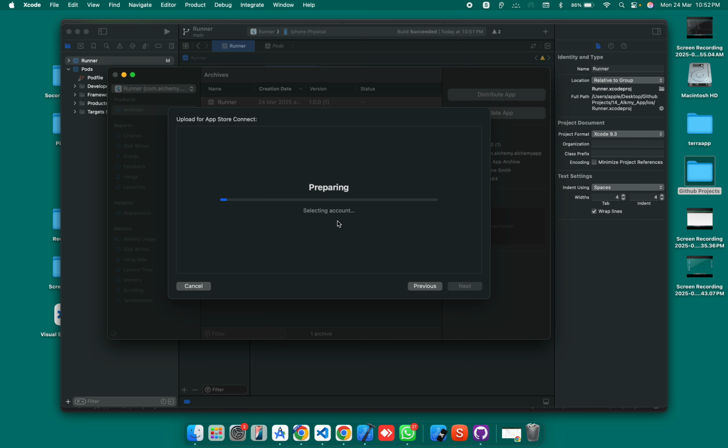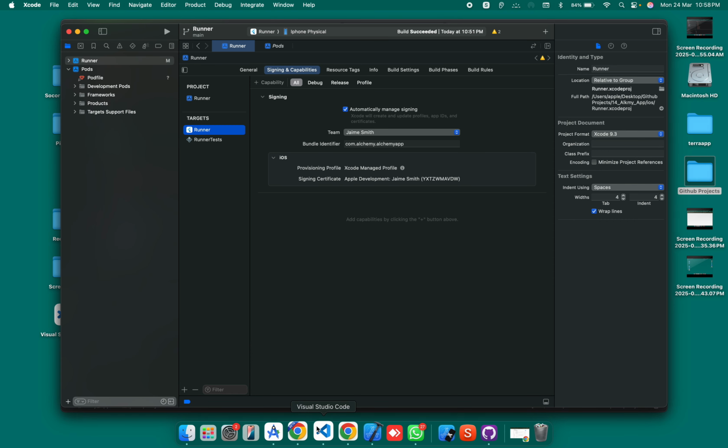This will take around 5 to 10 minutes. This step is the same for a large project. It will take 5 to 10 minutes. For small projects it takes about the same, but we are publishing for the first time, so it will take around 10 to 20 minutes. So let's see. Here we have uploading to App Store Connect, around 5 seconds remaining. So let's see after that. Here you see the build has been uploaded, so you have to click on Done.